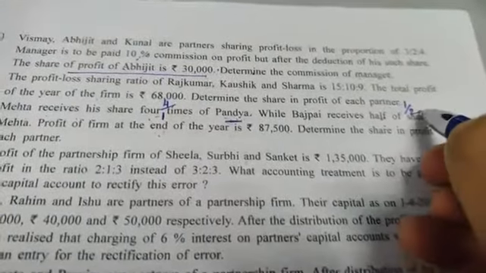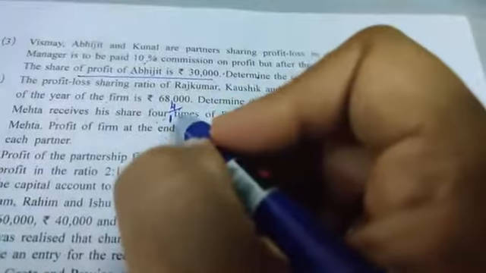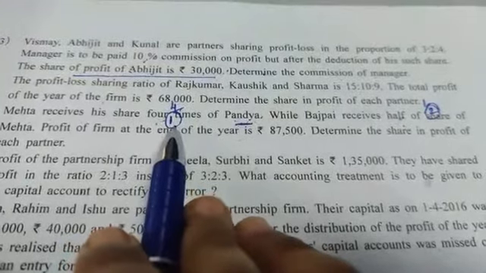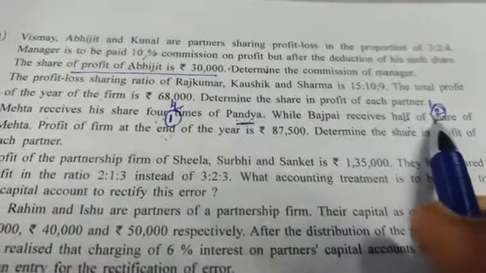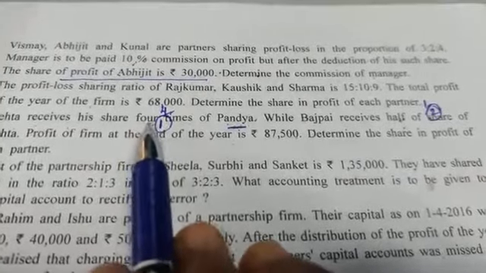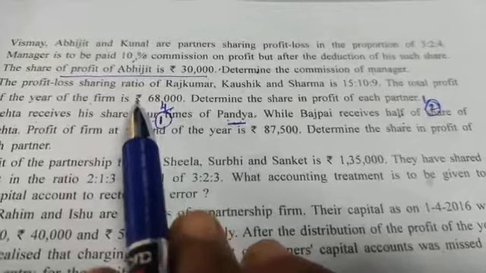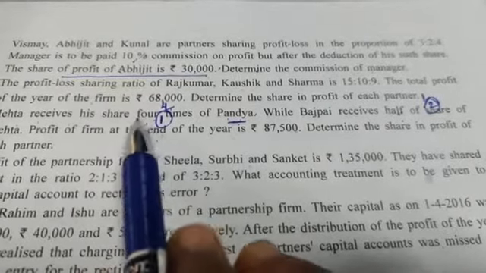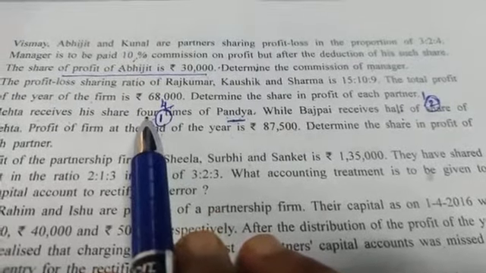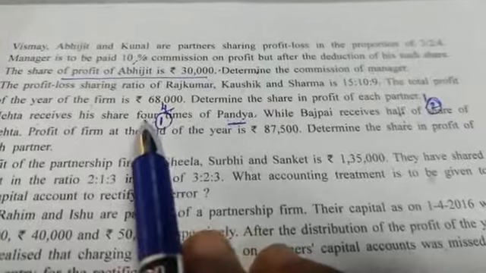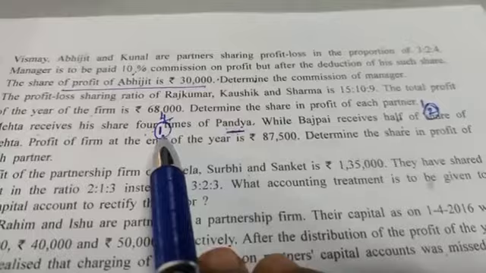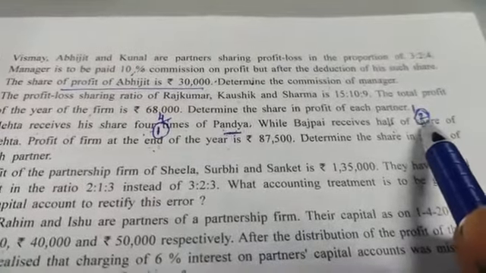Now take the denominators of both the given figures. Here only 4 is there, the denominator is not there, so the denominator is 1. Here half is there, so the denominator is 2. Suppose here there is 1/5 time, how will you write it down? 1 upon 5, so the denominator will become 5. 3/4 time, so 3 upon 4, the denominator will become 4. Here they have given 4 times, so nothing is in the denominator, so I have written 1. Here half, so 1 upon 2, so the denominator is 2.